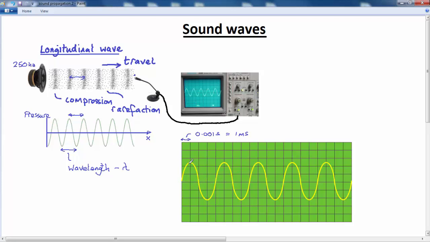Now, the distance here between the two peaks or the two troughs is called the period. And the period is given the symbol big T. Again, in this particular case, T equals